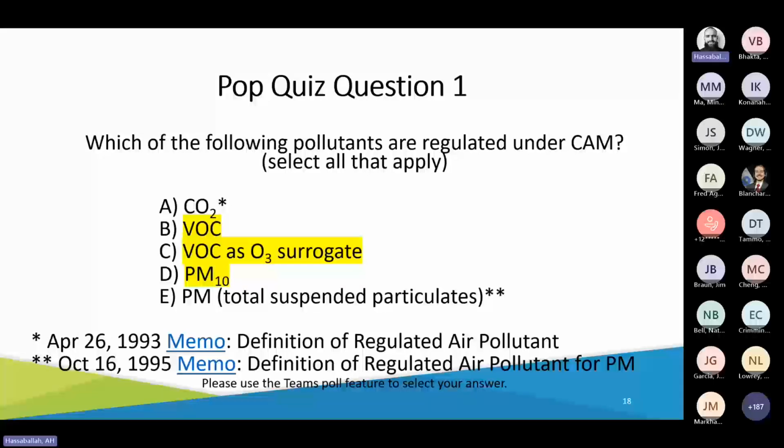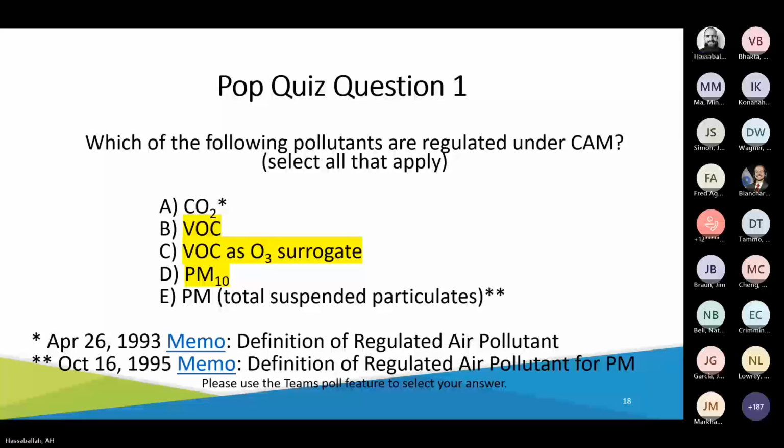However, in the mid 90s, EPA reevaluated its position and holds that PM 2.5 and PM 10 are regulated pollutants, but not PM as total suspended particulates. And there are links as citation sources in the presentation, but basically these memos get into the explanation